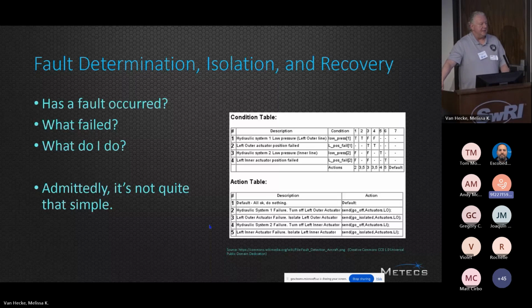So the idea is that this can get very complex, and it fundamentally falls to humans, us, to build these fault determination and isolation recovery tables, these tables that determine actions. And humans are fallible. We do make mistakes. Now, hopefully not very often, and hopefully we have a lot of reviews on our work, but we are humans, and humans do make mistakes. And I want to keep that in the back of our mind. Humans aren't perfect.